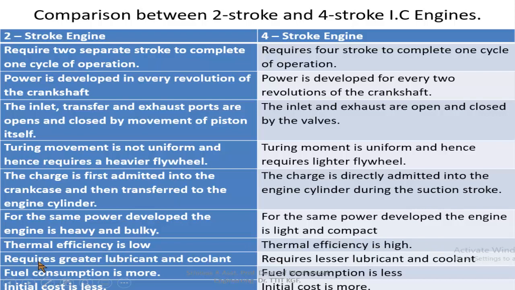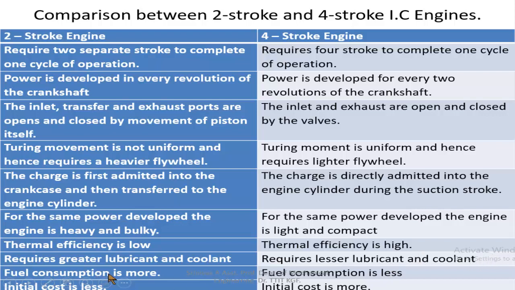And it requires greater lubricant and coolant, because here there is no separate provision for lubricant in the crankcase, as the air fuel mixture is entering there. So that's why, while supplying it, we mix the petrol with the oil. Generally if you take the RX100 or this normal TVS and all, if you go to the bunks, they will mix the oil with the petrol. When they take petrol, they will mix the oil there, for lubrication purposes. And here it requires less lubricant because lubricant is already there in the crankcase.